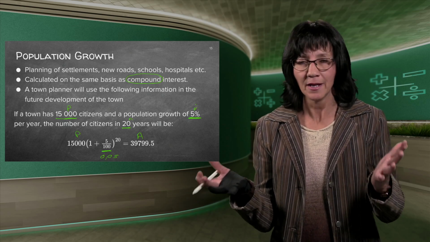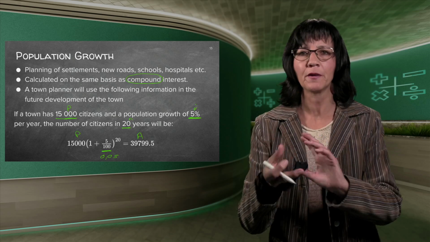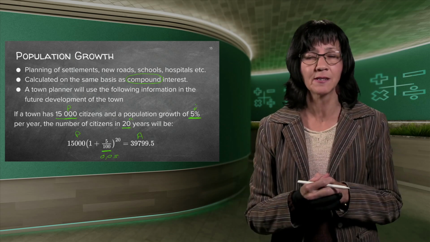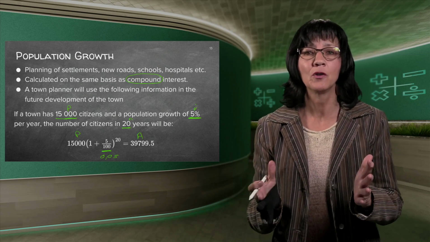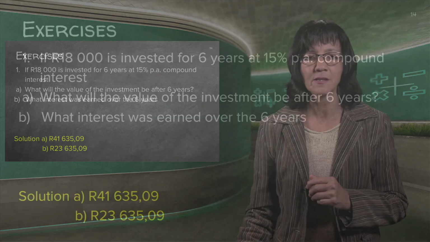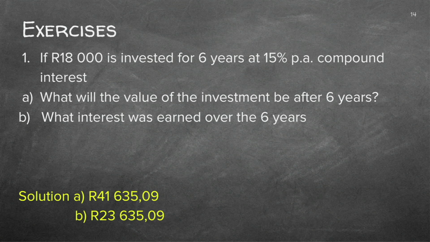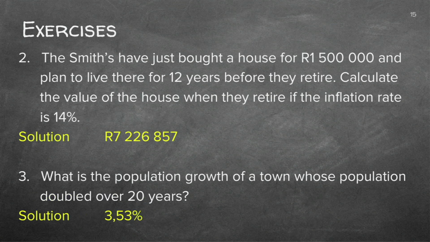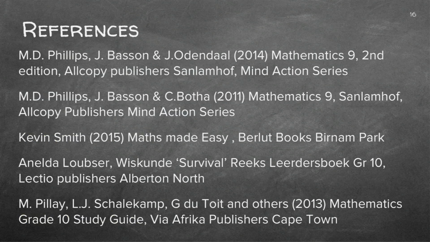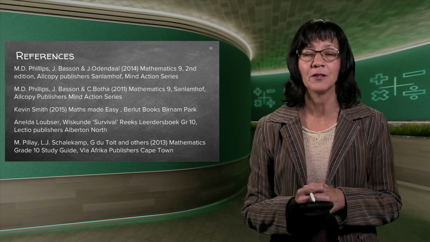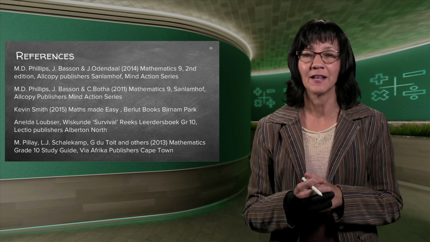Nothing more difficult. We can now swap the formula around, which we're going to do in the next lesson, but it's still the one and only same formula. So there's some exercises for you to do. Check the yellow answers if you're done. And another page of exercises. The solutions are there. Work them out on a clean sheet of paper and make sure you get to those answers. And then you should understand compound interest at the end of this lesson.